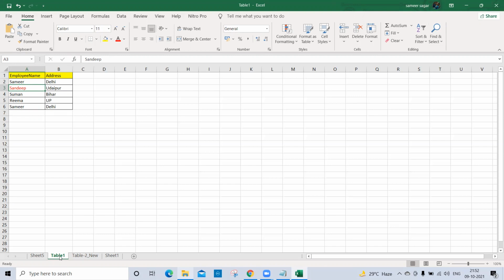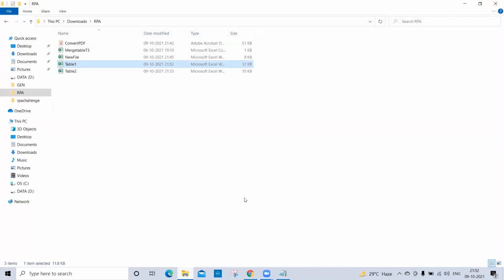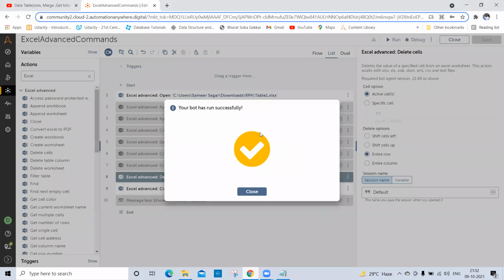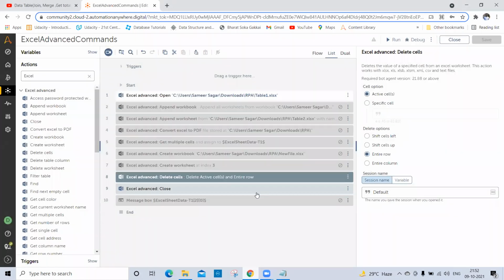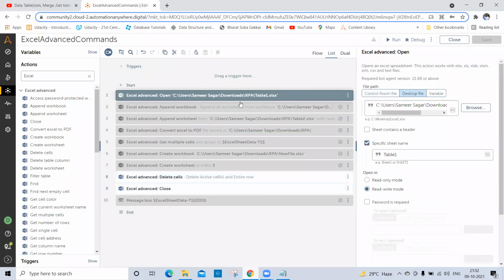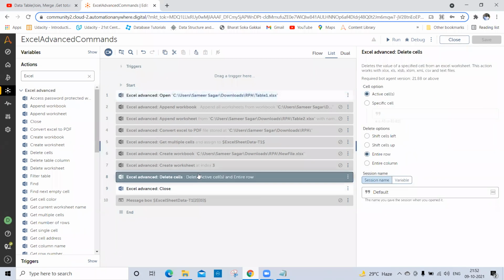Okay, table 1. I think we haven't passed the sheet name here. That's why we haven't selected the sheet name when we were opening this file. No, it is already there, I think. And let me disable this close command so that we can see the action. Okay, entire row.